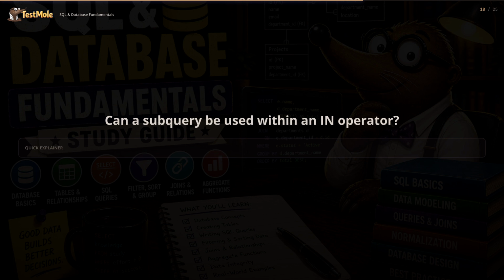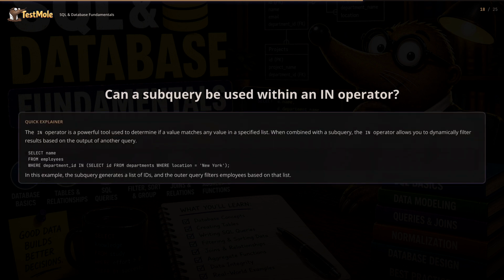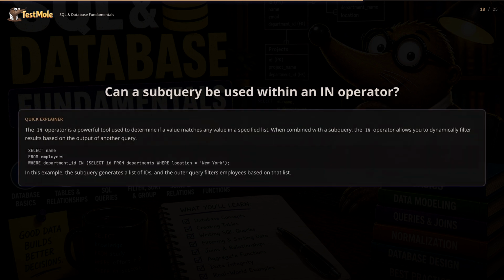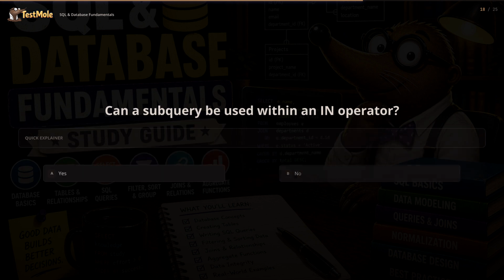Can a subquery be used within an AND operator? The AND operator is a powerful tool used to determine if a value matches any value in a specified list. When combined with a subquery, the AND operator allows you to dynamically filter results based on the output of another query. In this example, the subquery generates a list of IDs, and the outer query filters employees based on that list. Possible answers are